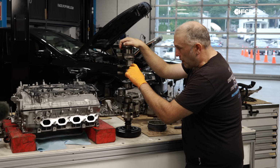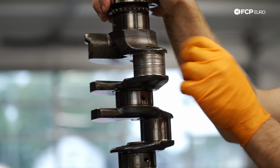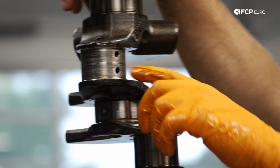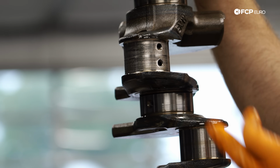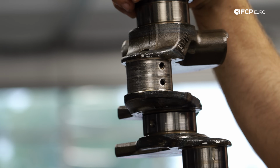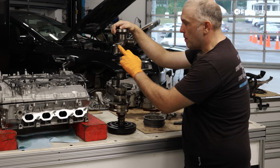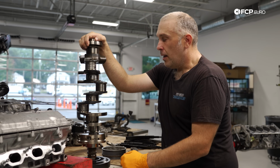And when I run my finger over this, you can literally feel a groove between where the two connecting rods would sit. I don't see any obstruction in the oiling holes, but that doesn't mean that there isn't material that's worked its way up there and blocked off that passage. It's always worth it to blow some air through it, make sure that those passages are clear, because if you have one of these oiling holes blocked off,